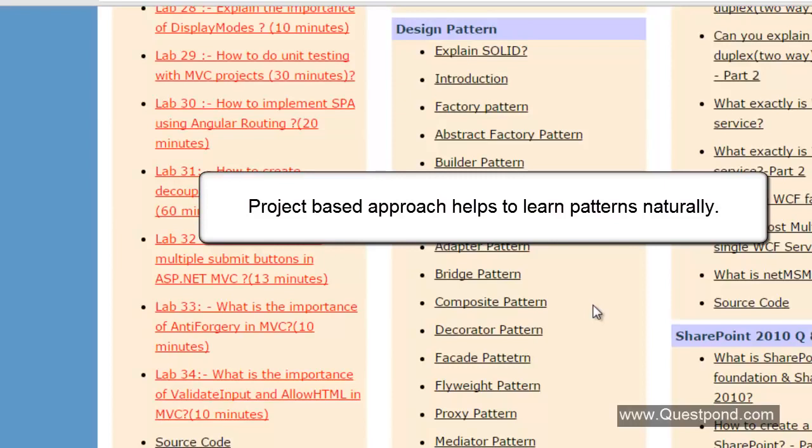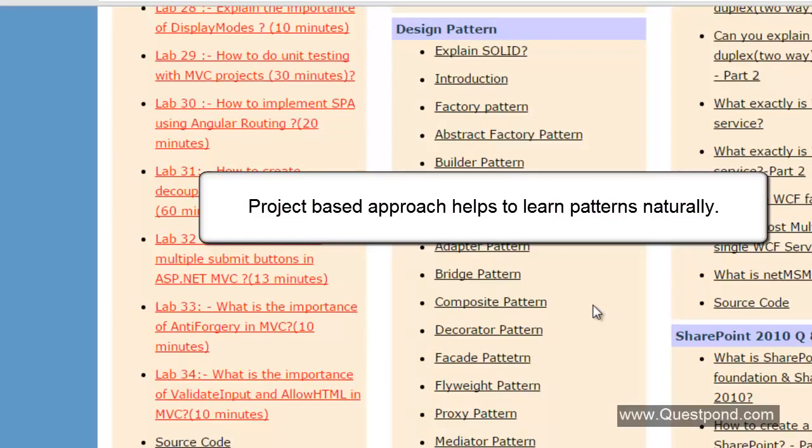Design patterns are thought processes, and thought processes cannot be explained via just sample code or PPTs or some UML diagrams. If you see on the internet, a lot of people explain design patterns by showing UML diagrams, by showing examples like cars and trees and rivers, which does not make any sense. We need to do a real project. We need to feel design patterns. We need to understand in what kind of scenario one has to be used. So the best way to learn design patterns is by doing a project.